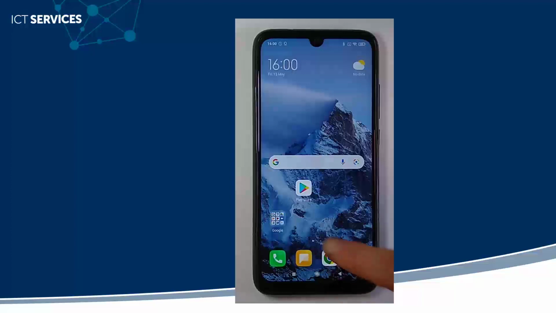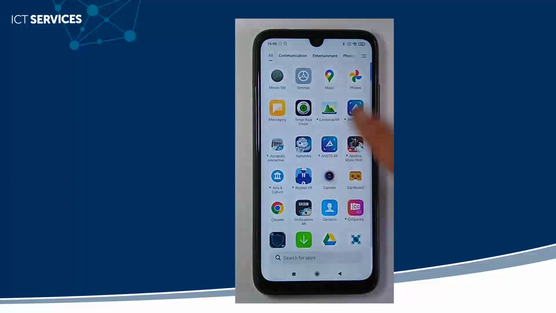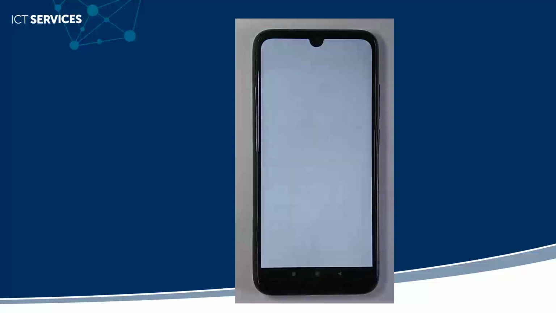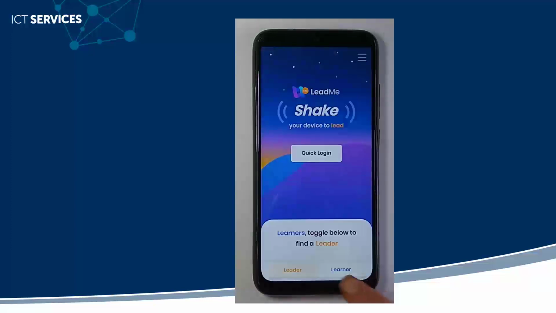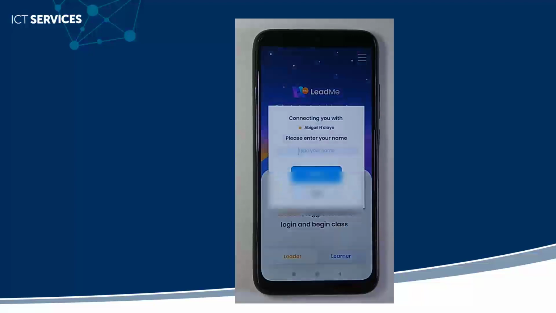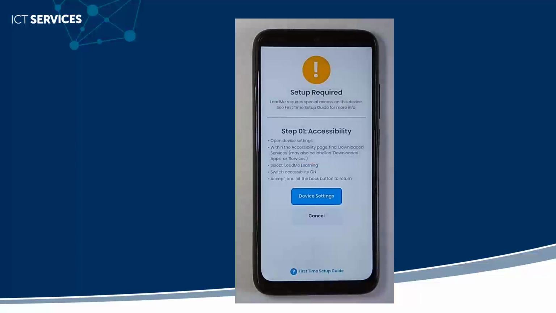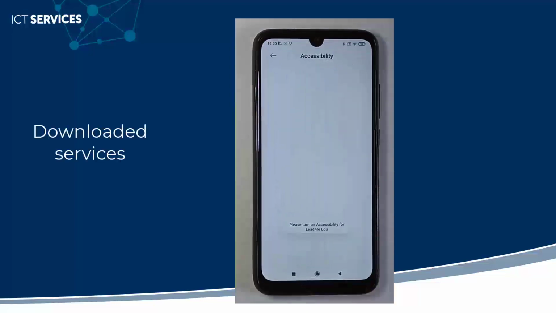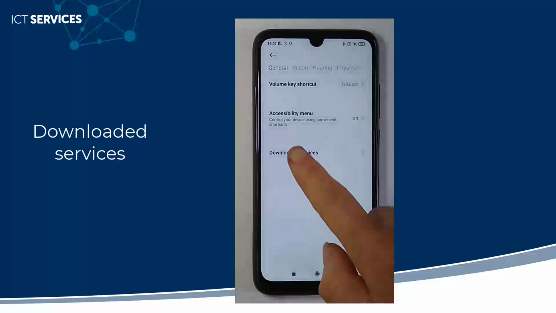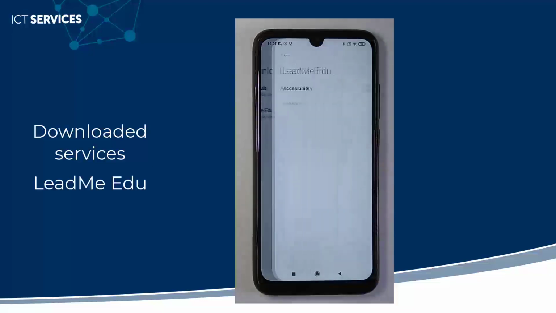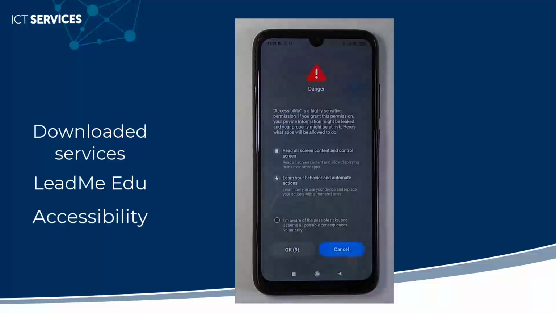Once you're out of Kiosk mode, go back and open up LeadMe. Again, click on a learner, click on the leader that pops up, enter in your name, and this time when you click on device settings, you'll be able to go to downloaded services, click on the LeadMe EDU, change the accessibility to on,